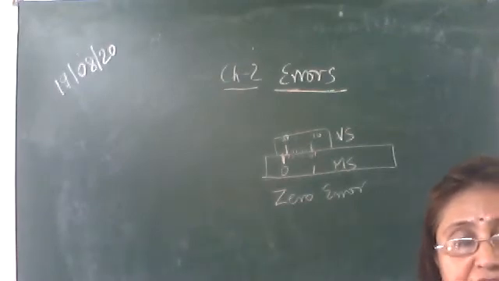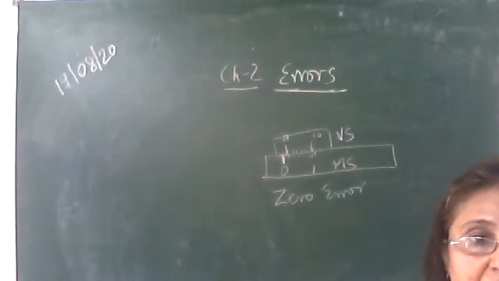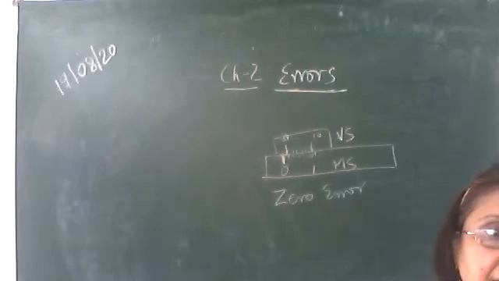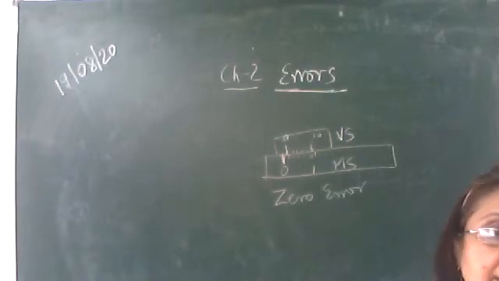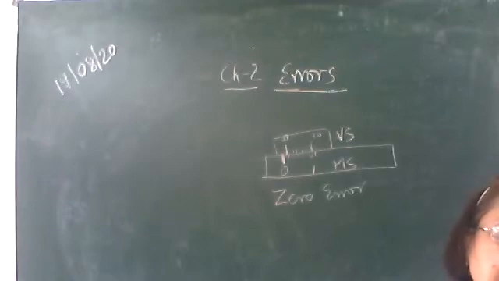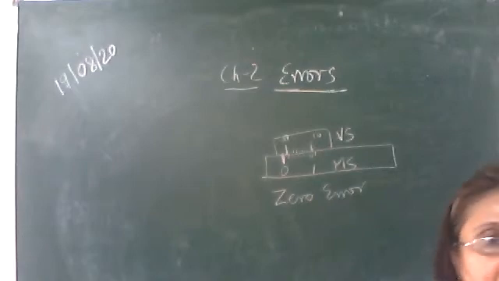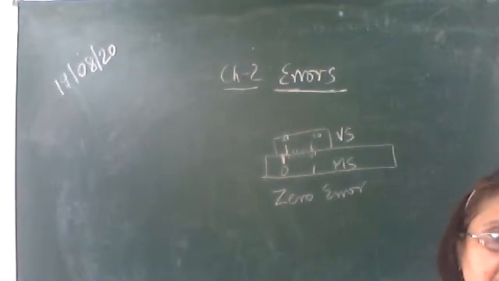You measure it 6 times and every time you are getting some different reading. So you don't know the cause, how it has happened. Such an error we call the random error. By chance it occurs, so that is why they are also called chance errors. Random errors means which occur irregularly. We don't even know whether they are positive or negative. They may be positive, they may be negative.